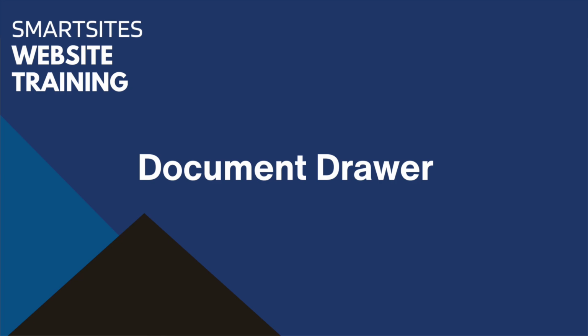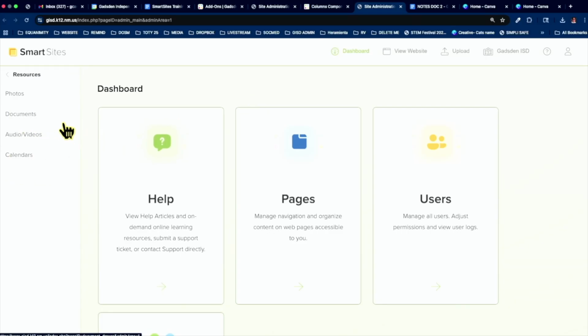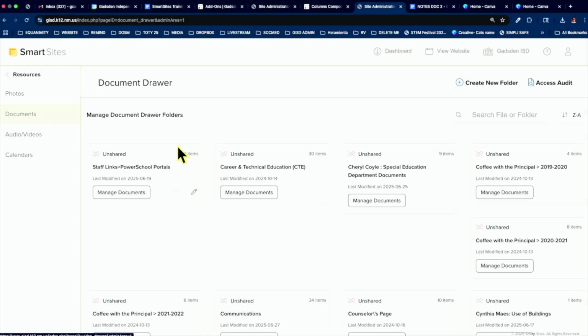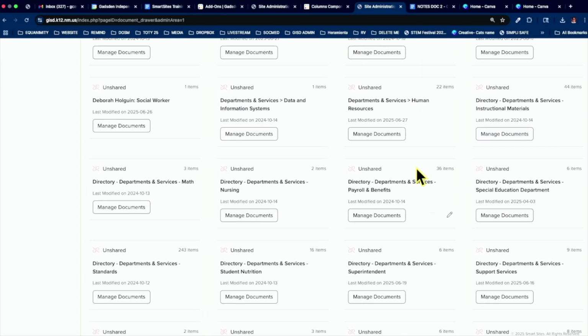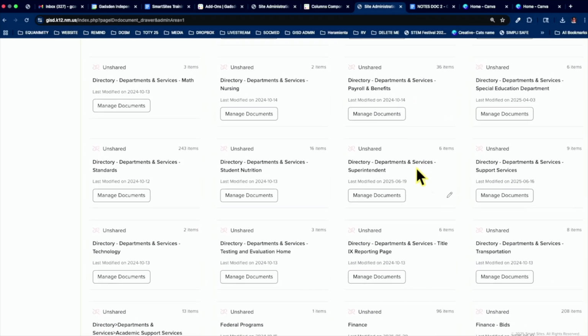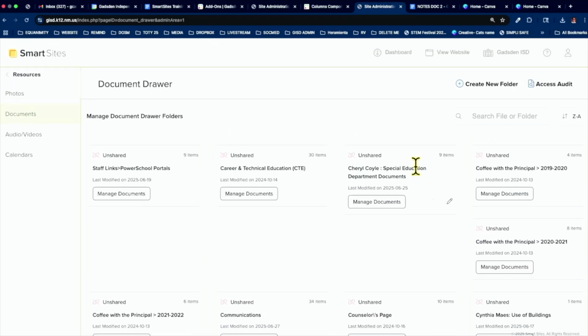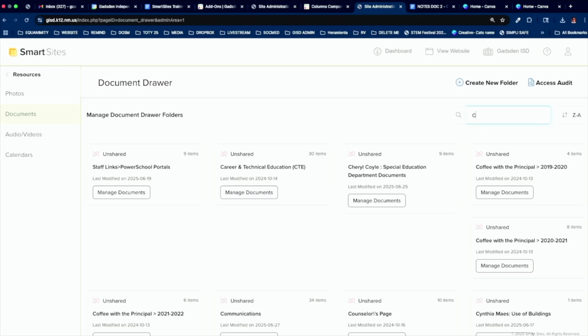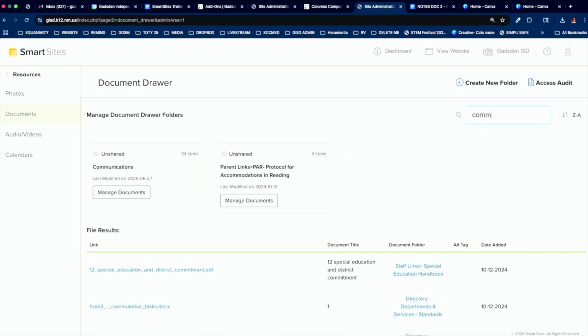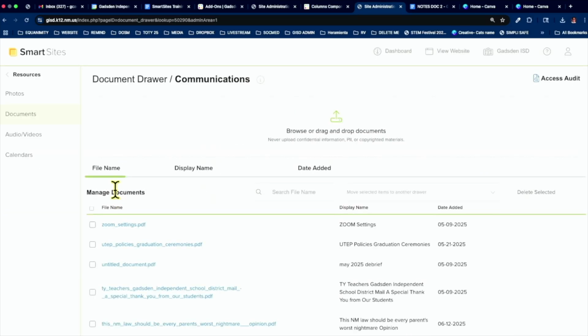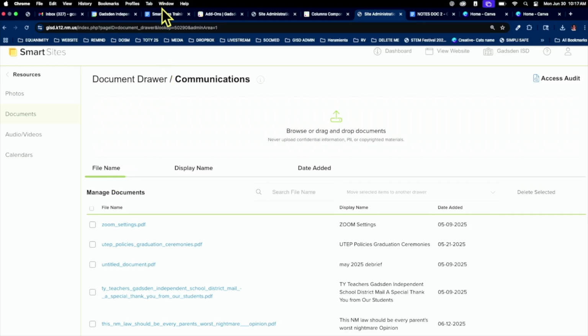Speaking of, let's go over to our documents resources. So here we have all of the folders created at the district level. And I'm looking for my communications ones. Once it gets a little large, you might want to use the search bar and the search window on the right-hand side. So here is my folder where I've been uploading documents that I want to use. I'm going to show you how easy it is. I went ahead and downloaded this